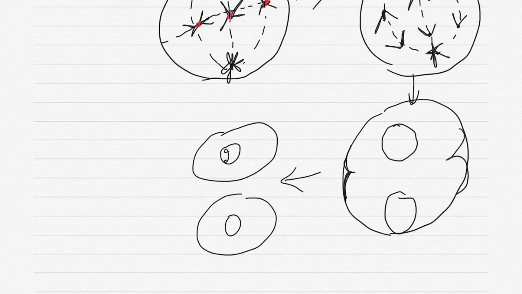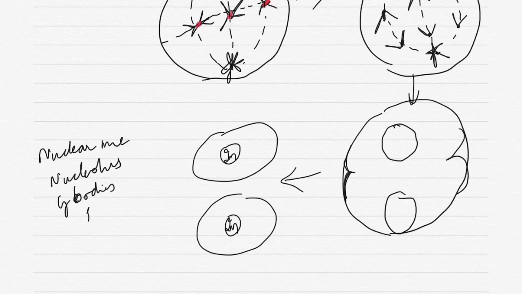and then it will give rise to two daughter cells, both with 2n chromosomes. So we have the nuclear membrane reappearing, all of those which had disappeared: nuclear membrane, nucleolus, Golgi bodies, and endoplasmic reticulum, ER. All of them reappear. So we have chromatin material. Chromosomes lose their individuality. This is what is called telophase.